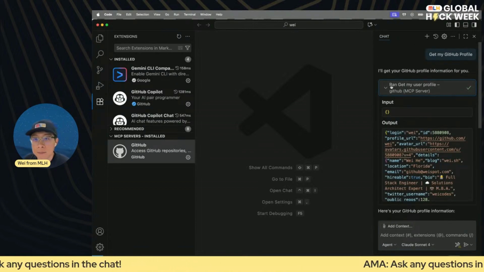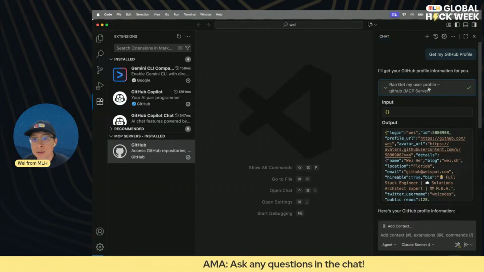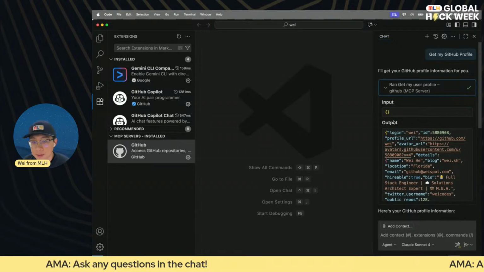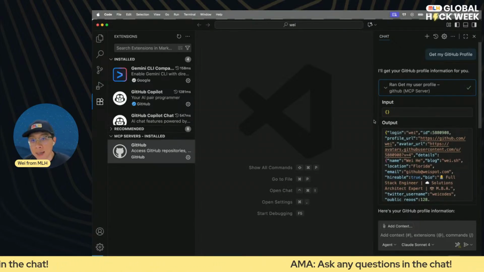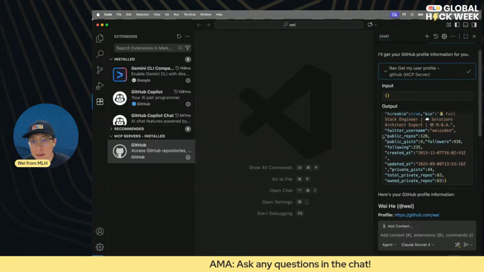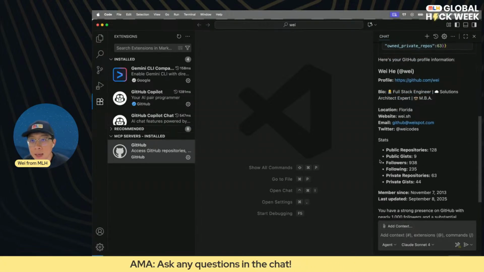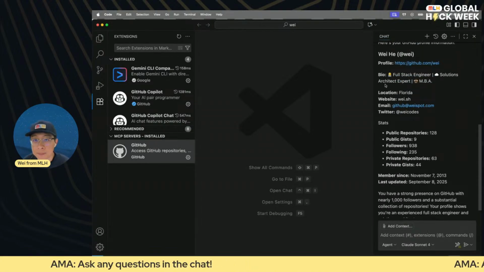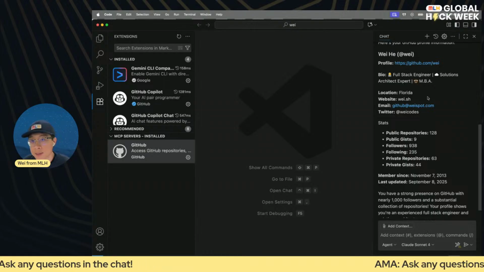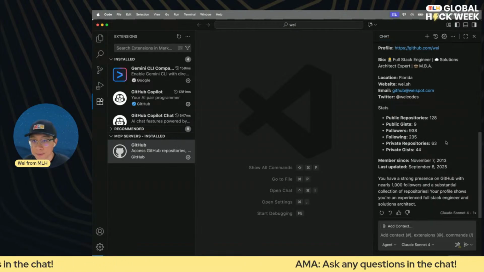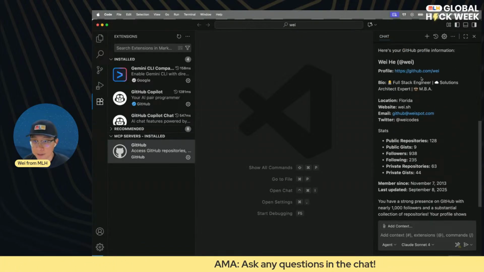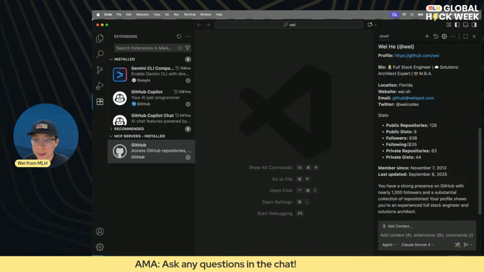If we open this up, it is actually running the get my user profile tool from the GitHub MCP server. And you can see the output that was returned to the AI agent. The AI agent then parsed out that output and created a visual or text representation of my profile. So you can see some of the basic information I have on my GitHub profile.